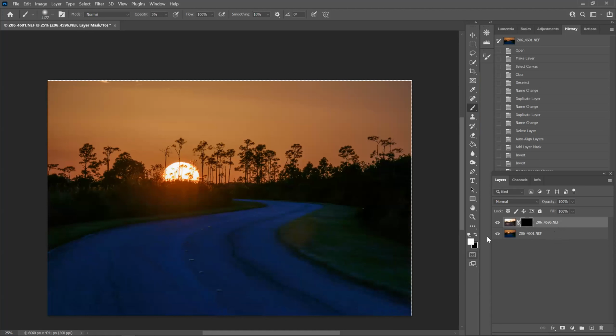And over here, if you see where I'm circling, where this little black and white square is, there's a little arrow. This will switch the black and white color, because you can pick actual colors. This is what you would do if you're painting. Maybe you're dodging and burning with paint. You can do that here.